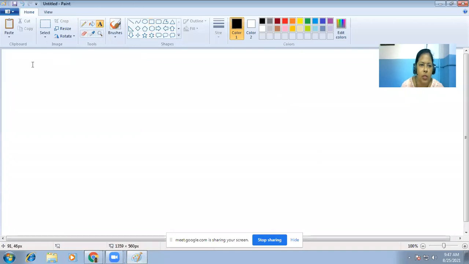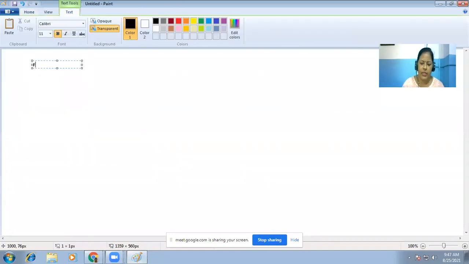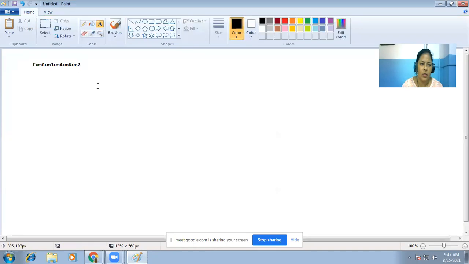Now suppose another function is given in terms of min terms: m0 plus m3 plus m4 plus m6 plus m7. What will be the method for simplifying this expression using K-map?